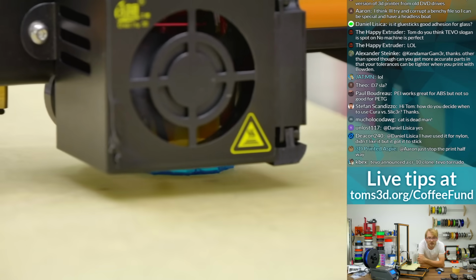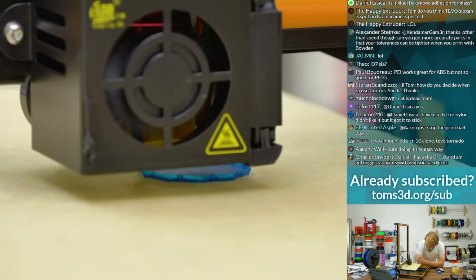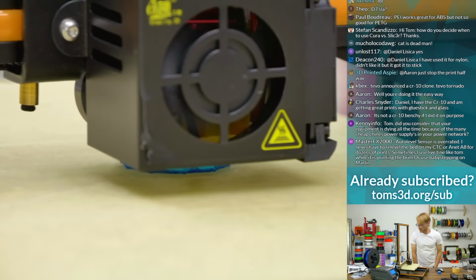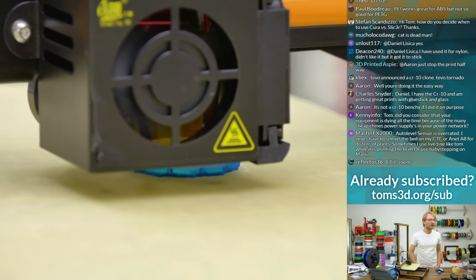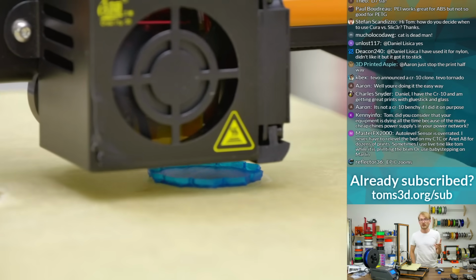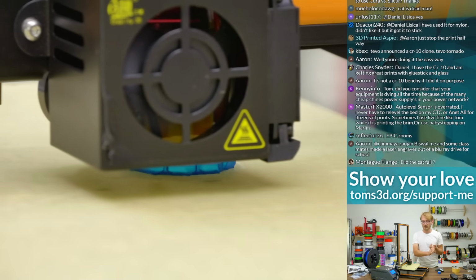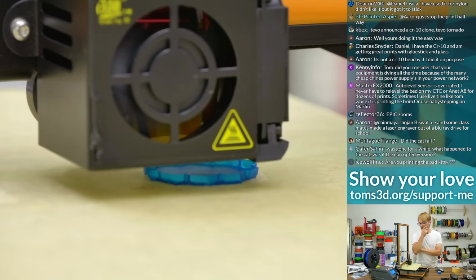How do you decide when to use Cura versus Slic3r? Stefan is asking, how do I decide when to use Slic3r versus Cura? I use Slic3r for the Prusa Mark IIs because that is the slicer that comes pre-set up for the machine, and the profiles in there are great. For most other stuff, I use Cura 2, usually when it's a simple printer. I mean, usually I should be using Cura 2 for this guy, but